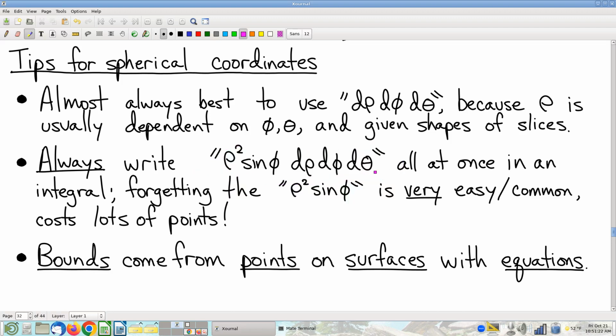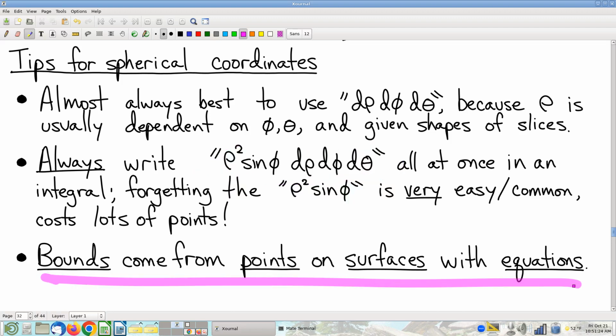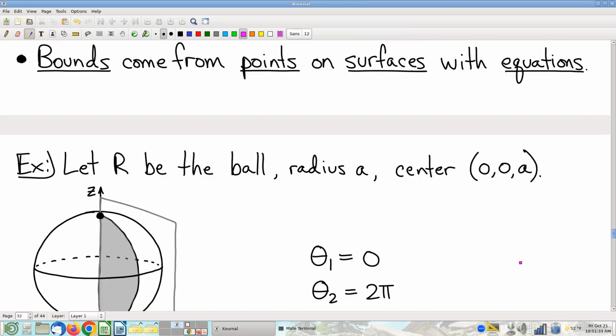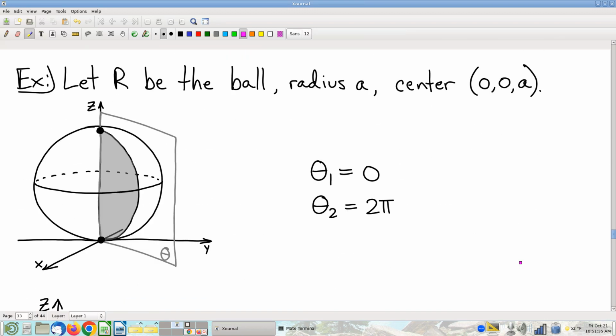Okay. All right. And then again, our usual process: identify the relevant points. Those points are on certain surfaces. Those surfaces have certain equations. That's all typical. Let's dive in. So suppose we have a ball, as described here, sitting on top of the XY plane, sitting on top of the plane at the origin. So center up here on the z-axis. Okay, all right. If that's our domain,